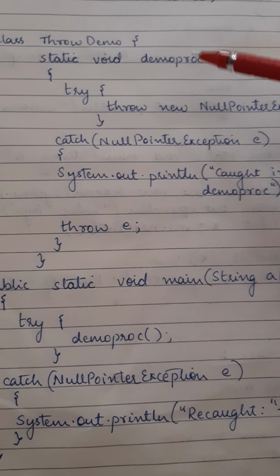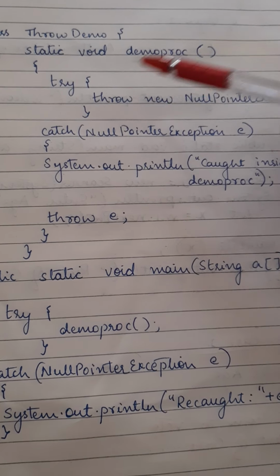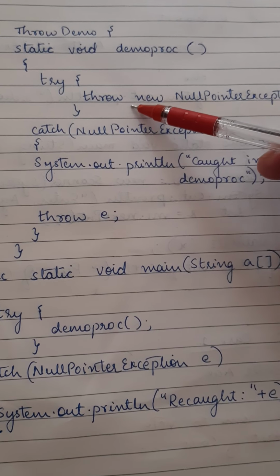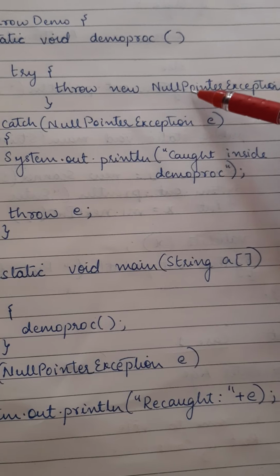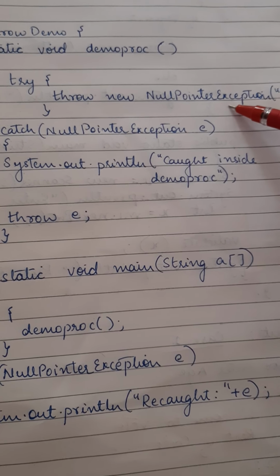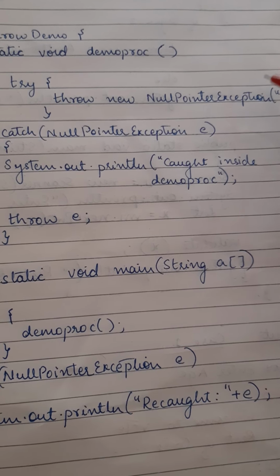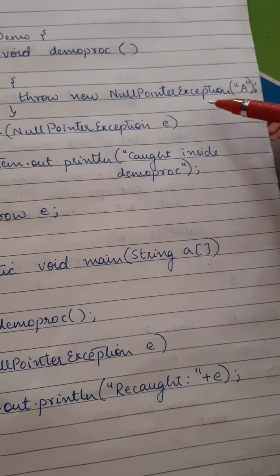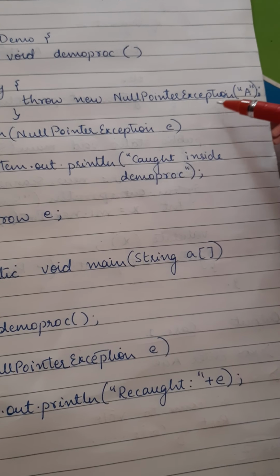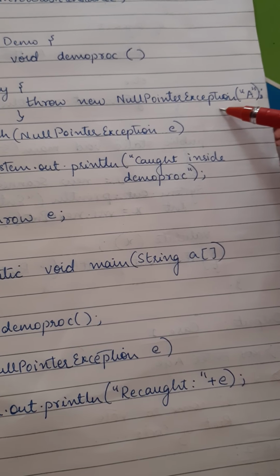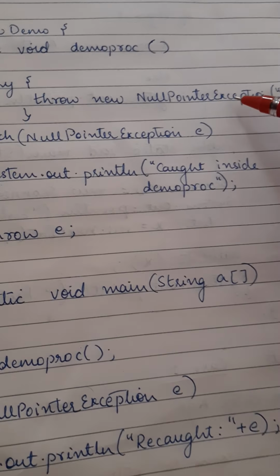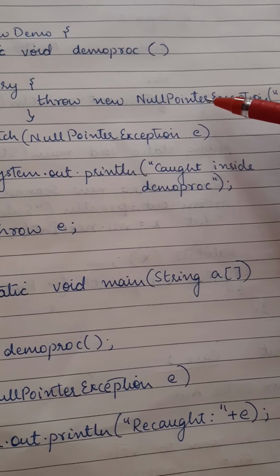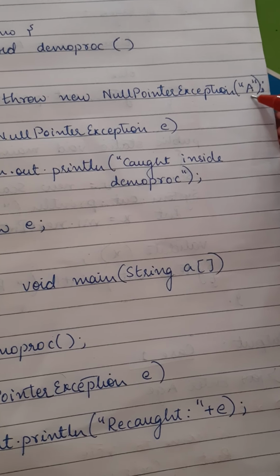It comes over here. Now here, inside the try block, I'm throwing an exception. I told you the throw keyword is used to throw an exception. So using the new keyword, I'm throwing a null pointer exception. Null pointer exception is a runtime exception. In Java, a special null value can be assigned to an object reference. So when is this null pointer exception thrown? It is thrown when an application attempts to use an object reference which has a null value. Here I am just explicitly throwing it. It is not that the program has generated it. I am explicitly throwing a null pointer exception, giving the name as A.